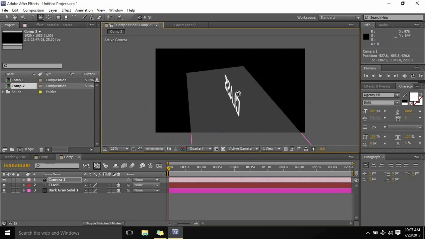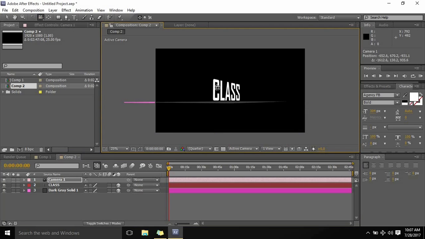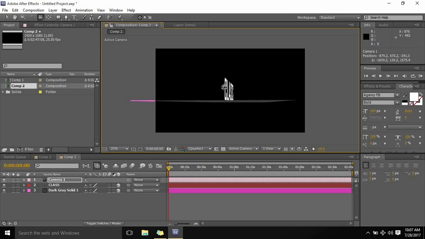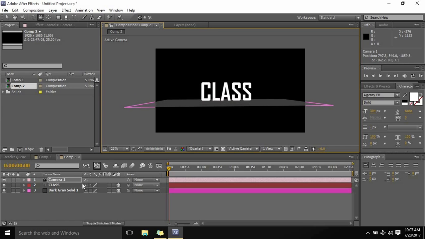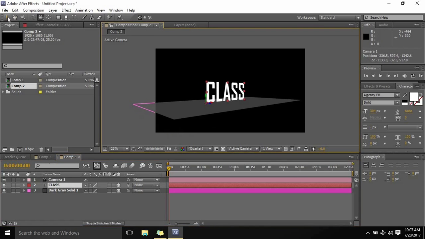If I move around, I don't know if you guys can see, but I can see from here that my text is not sitting exactly right on the floor. You can rotate around, but I can see. So the best way for you to be sure is, for me, all I need to do is